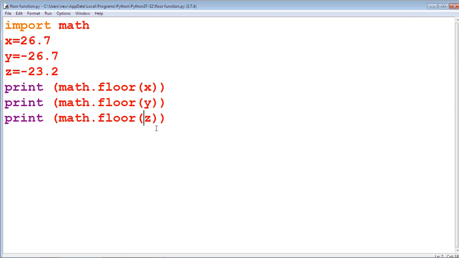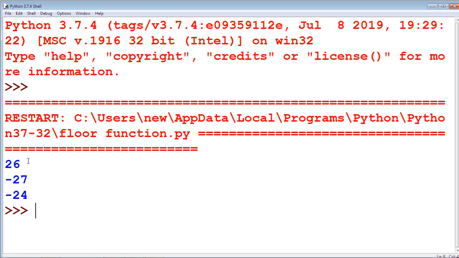Similarly, floor of z, z equal to minus 23.2, returns the value less than z, that is minus 24. Run this module. 26, minus 27 and minus 24.